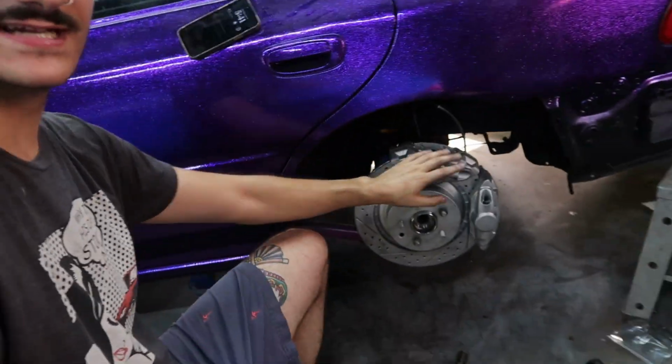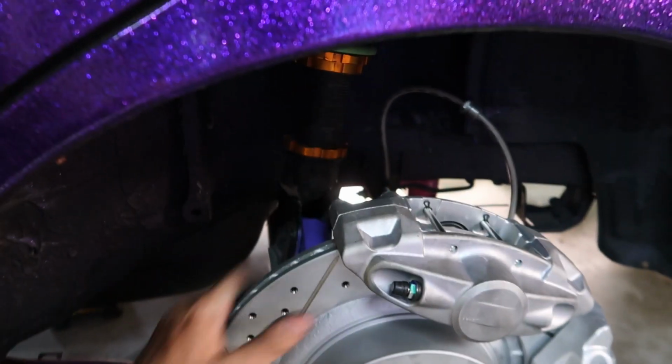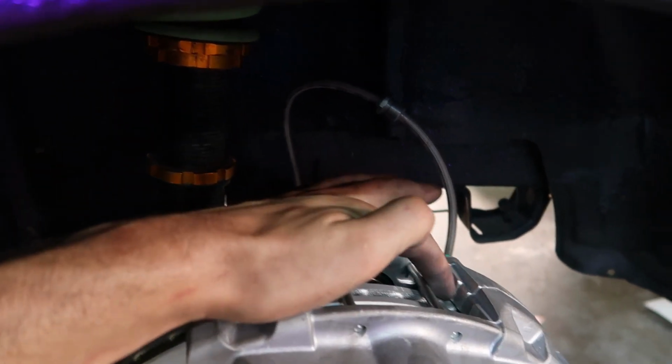Alright, it is only 99 degrees outside today, so I'm only dying a little bit. I went ahead and moved to this side since I hadn't painted these yet. I was getting the paint kind of messed up, but even with the hub spacer on it, it is still rubbing a little tiny bit. I can get it to move, but there is a lot of force because it rubs on the inside of